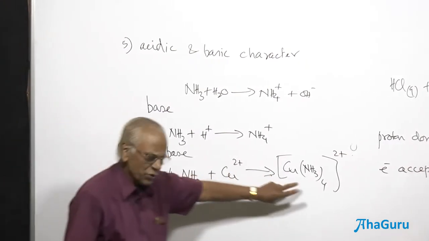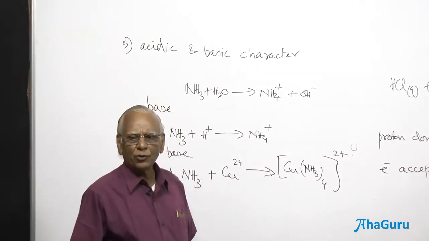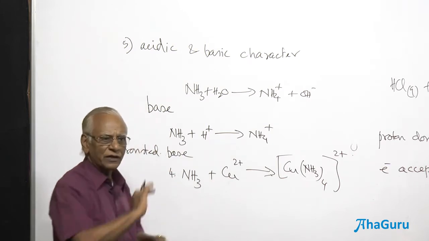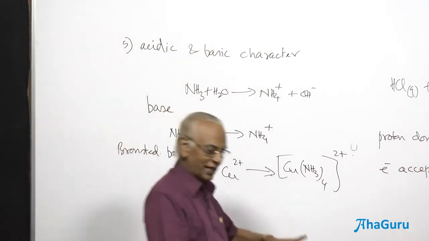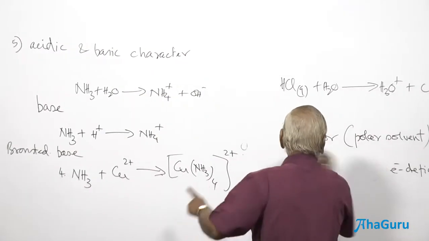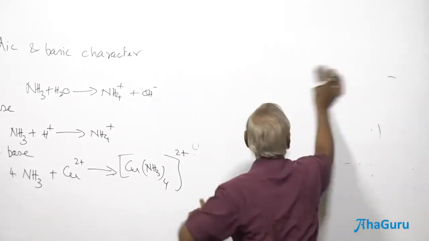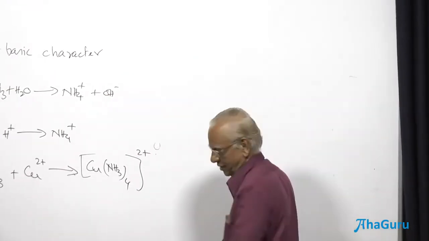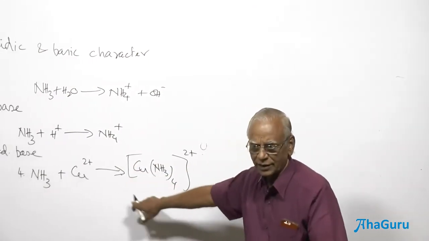We shall give you the IUPAC name later. This is called copper ammonium salt. Maybe you would have learned this particular observation experiment in the laboratory. Again, it's another question for the competitive examination. What is your observation? You write it. Have you noted down this? I'll come back to you.